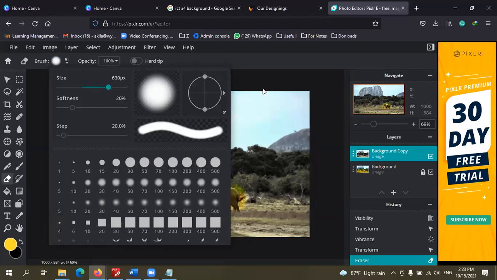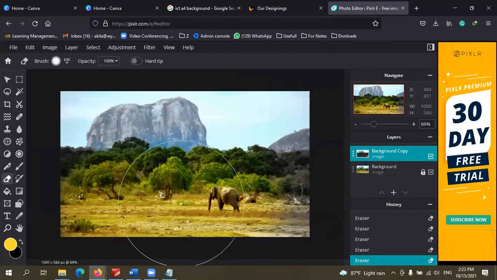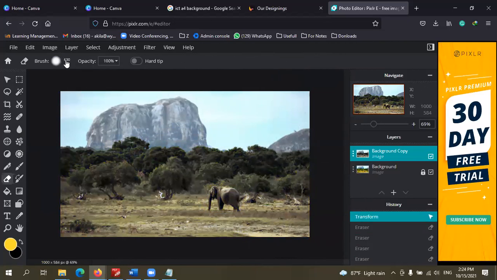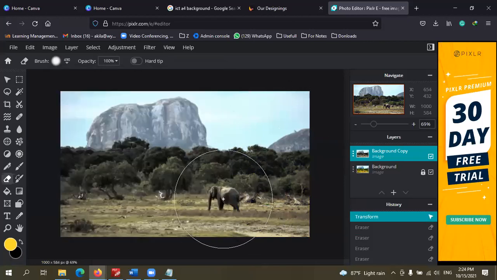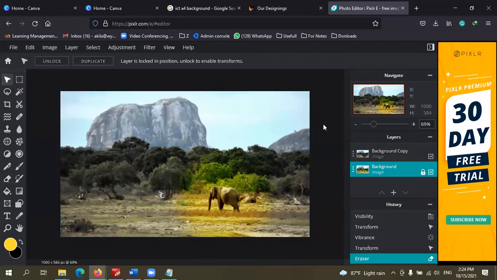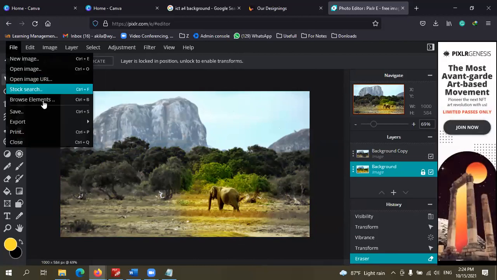You can increase the size more. You can use Control Z to undo the activities. So if you download this one, again, what you have to do, just go to File and Save.